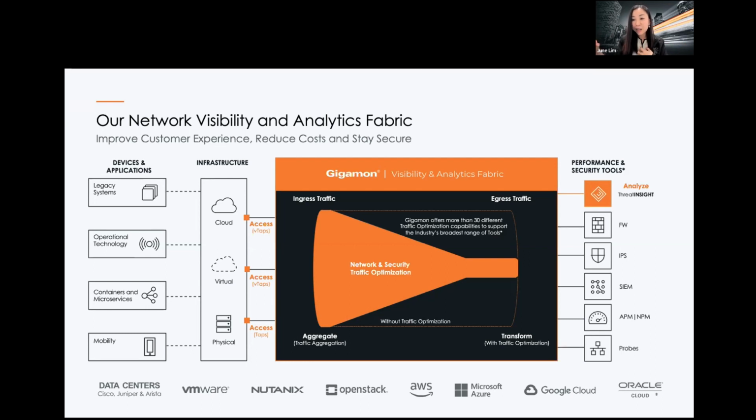Now your firewall has got 3 to 4 gig of extra space, so in the next 2-3 years, you do not need to buy a new one. So there's a lot of cost saving in that. You do not need to buy such a big box. You can use us to filter traffic. Any security solution that's connected to us, you can just choose the traffic that you need to pass to them. There are more than 30 ways of traffic optimization that you can do on Gigamon.